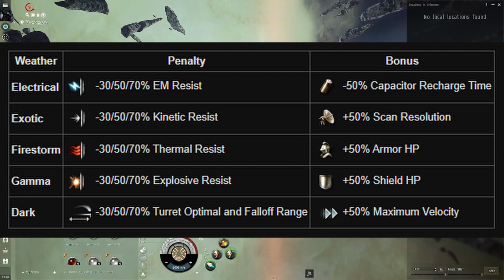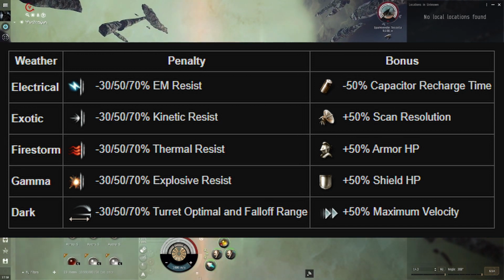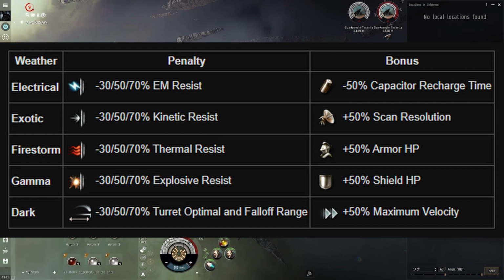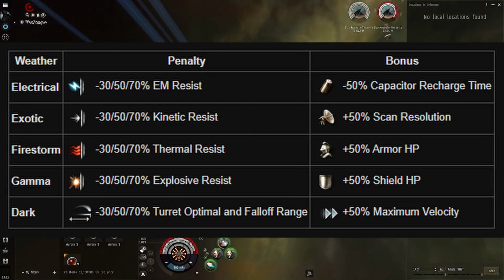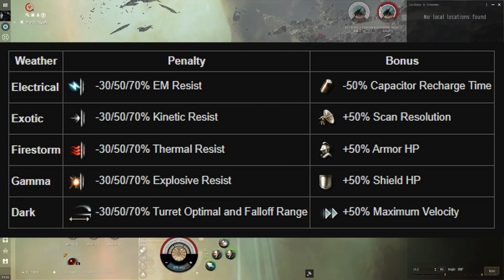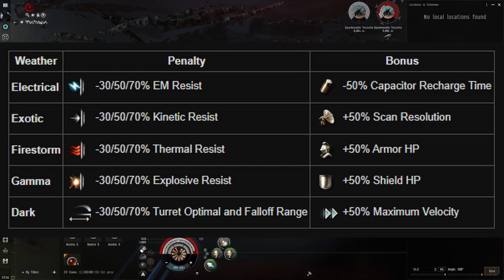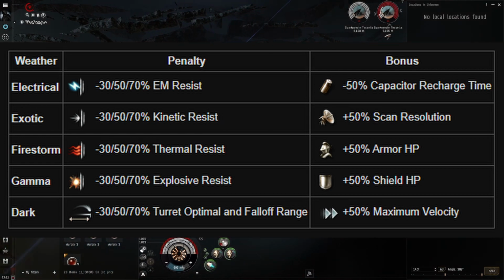Exotic filaments have a penalty of -30, 50, or 70% kinetic resist, and a bonus of +50% scan resolution. Firestorm filaments have a penalty of -30, 50, or 70% thermal resist, and a bonus of +50% armor HP. Gamma filaments have a penalty of -30, 50, or 70% explosive resist, and a bonus of +50% shield HP. Dark filaments have a penalty of -30, 50, 70% turret optimal and fall-off range, and a bonus of +50% maximum